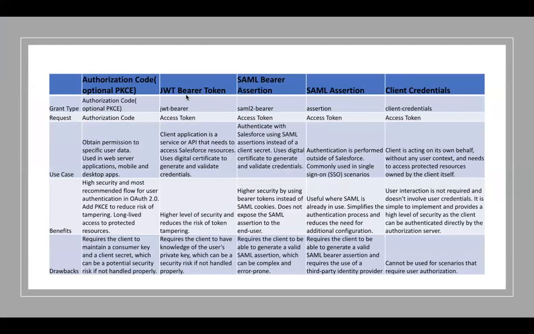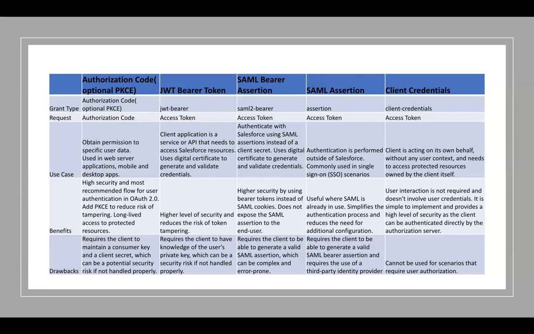Sorry. So the next one we're going to talk about is the JWT bearer token. This one, it's using the JSON web token as part of the flow, and the grant type is JWT bearer, and you are exchanging your JWT bearer for an access token directly. The reason you're doing that is because it has a very high level of security. This one supports a digital certificate, and the digital certificate is what lets you create an encrypted JWT bearer token. That's why you can exchange it directly for the access token, because in the Salesforce connected app, you've